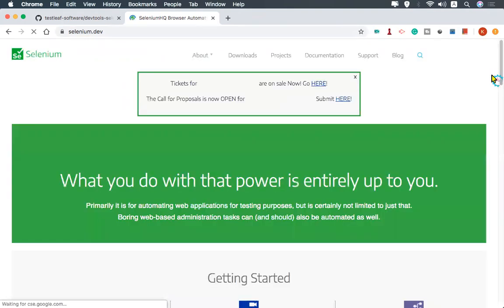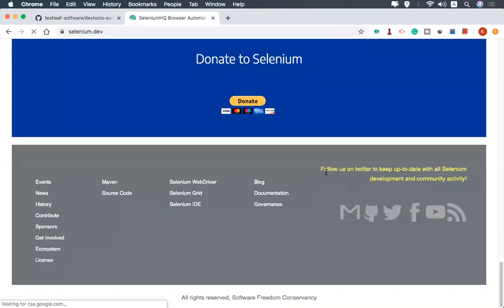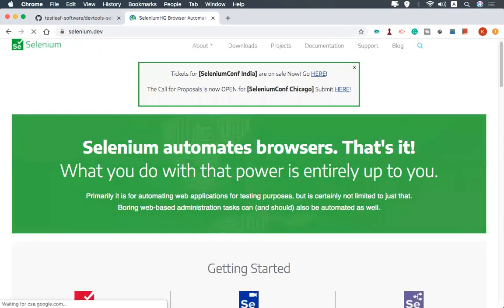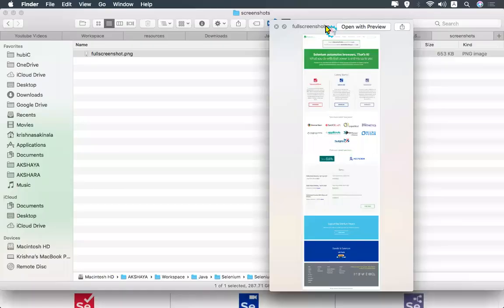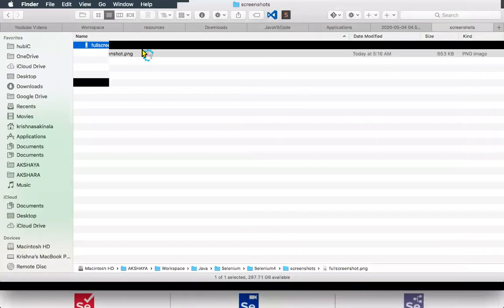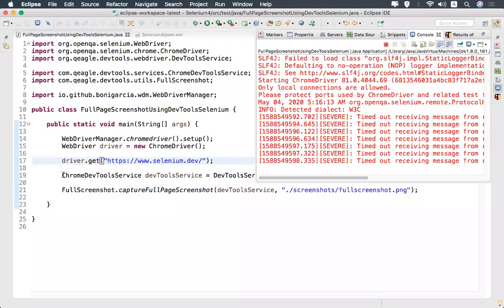You see that we have a scroll bar here. You can scroll something like this. It's a big page. You see that it has captured the entire screenshot. It's a single shot, it took the entire screenshot by these two lines of code.